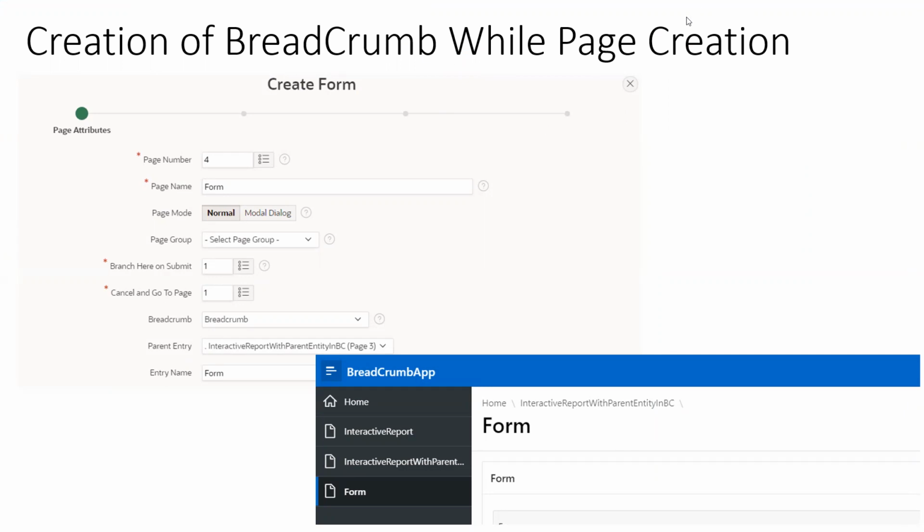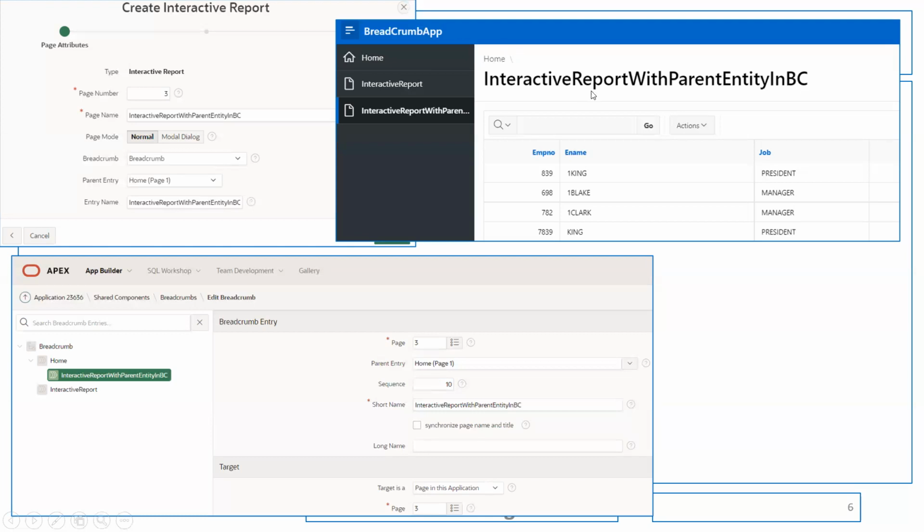Okay, so here if you want to have multiple levels, right? As of now, what we have seen is a home, and you have a page, right? Let me show you the previous one. So you have a home, under that you have a page, right? But let us say you have a third level entry. This page is a second level entry, right?